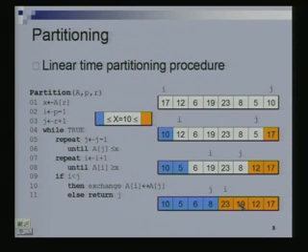How much time does this procedure take? Order n. Is this clear that it is taking order n time and no more? Because what are we doing? At every step we are decrementing j. How many times can j be decremented? At most n times, the size of the array. And how many times can i be incremented? At most the size of the array. So this loop is done at most n times. This loop is done at most n times. And every time we increment or decrement, we might have to do one exchange in the worst case. So this also is never done more than n times.